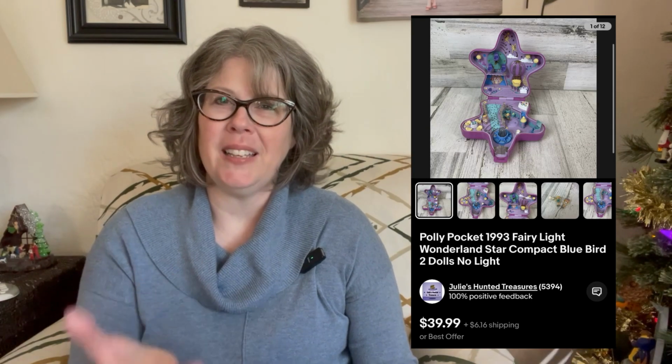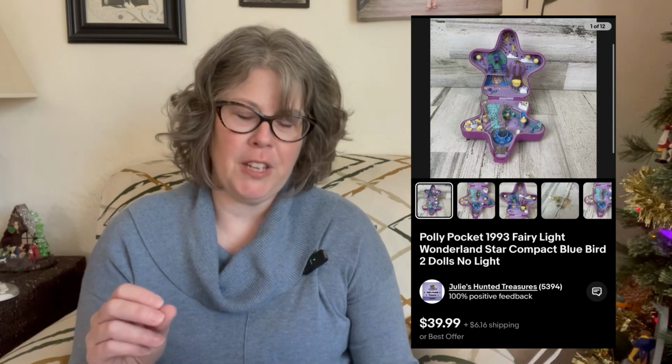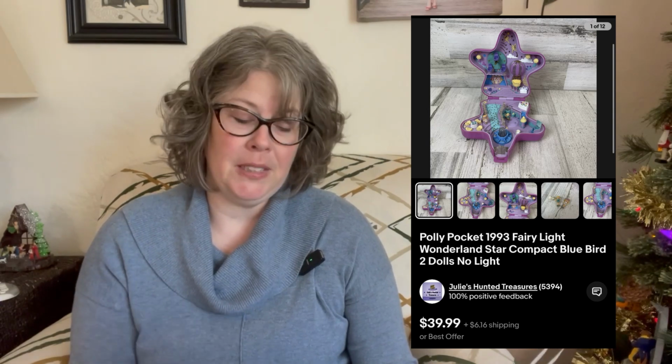This Polly Pocket was from 1993. It had the case and a couple of the figures, but it was supposed to light up and the light did not work anymore. Justin found it at the bins. We paid $1.33 for it. It sold for $33.99 and we made a